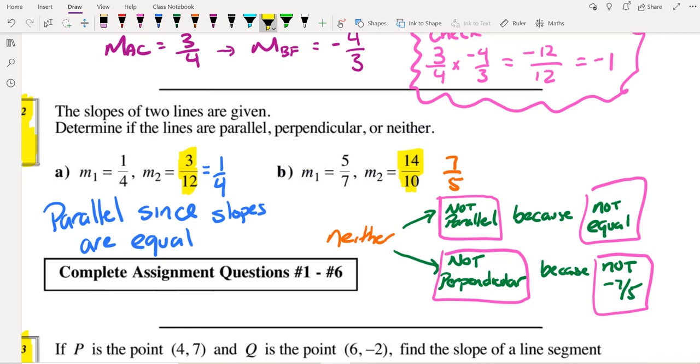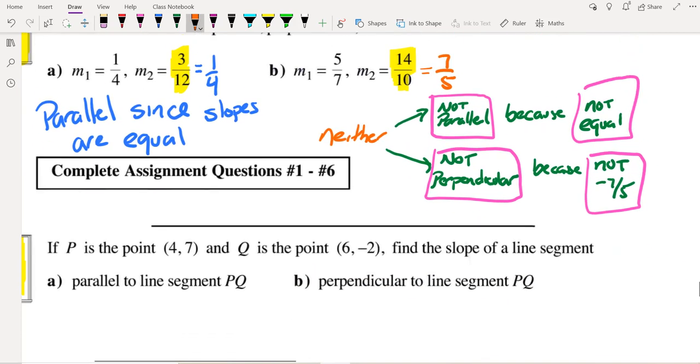Now, in example B, when we simplify M2 down, it becomes 7/5. Right? And comparing the two slopes, these two lines are not parallel and are not perpendicular. If they were to be parallel, they have to be the exact same number, which they're not. If they're perpendicular, one number has to be the negative reciprocal of the other, which they're not. So it's 7/5, not -7/5. Right. So in the next question,